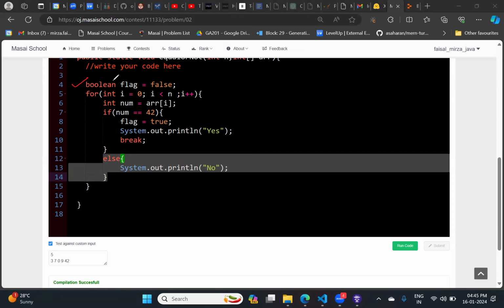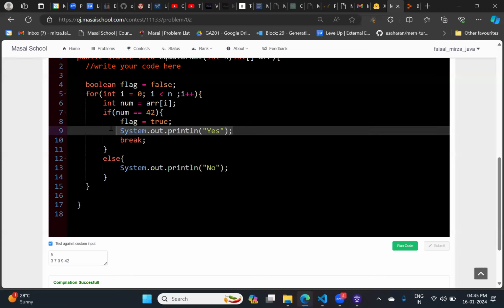The flag variable is defined for the condition true or false. Then go to the if condition. If num is equal to 42, flag true. Then, sir, remove this message System.out.println inside the for loop. Please delete line number 9.